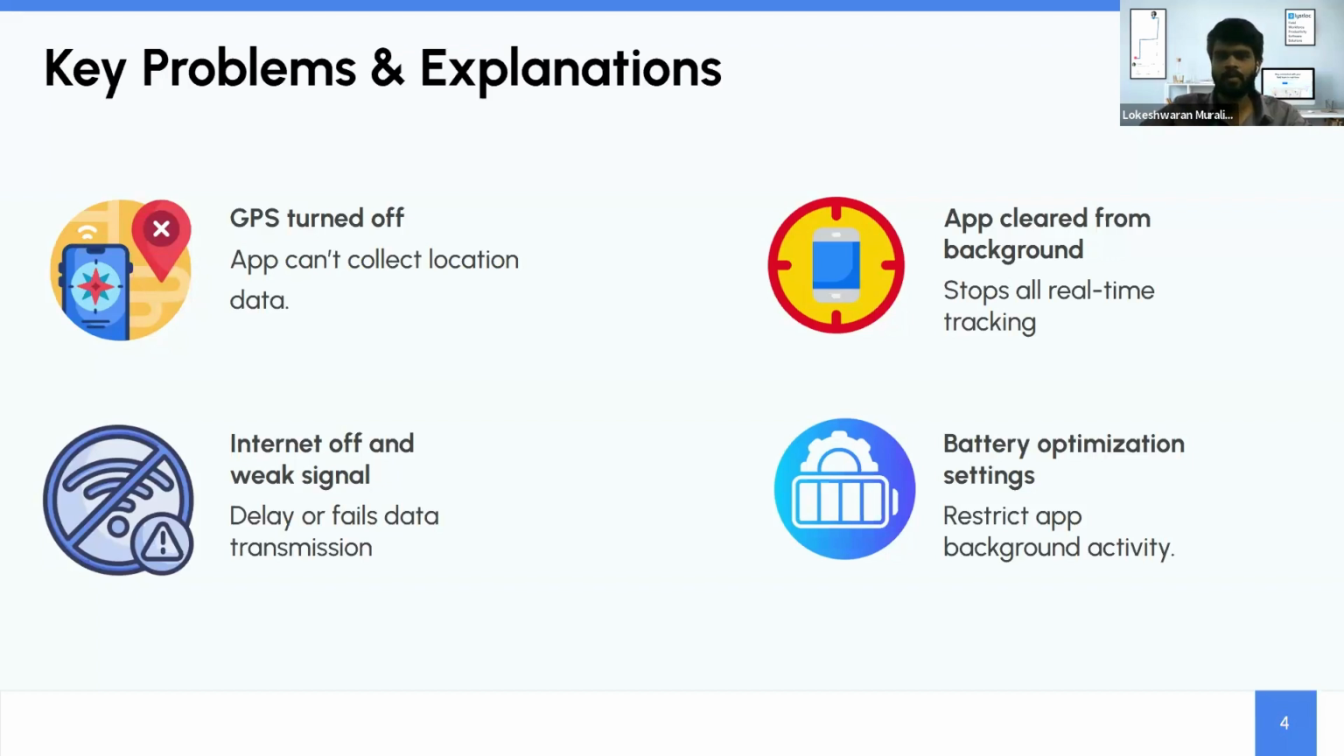The third key problem is the internet being off or a weak signal. Without an internet connection or with a weak signal, the app may experience delays or fail to transmit data, resulting in missed updates and inaccurate tracking. And the final one is battery optimization settings. Battery saving features may limit background activity, leading to data loss or missed tracking. So it is recommended to disable them for the